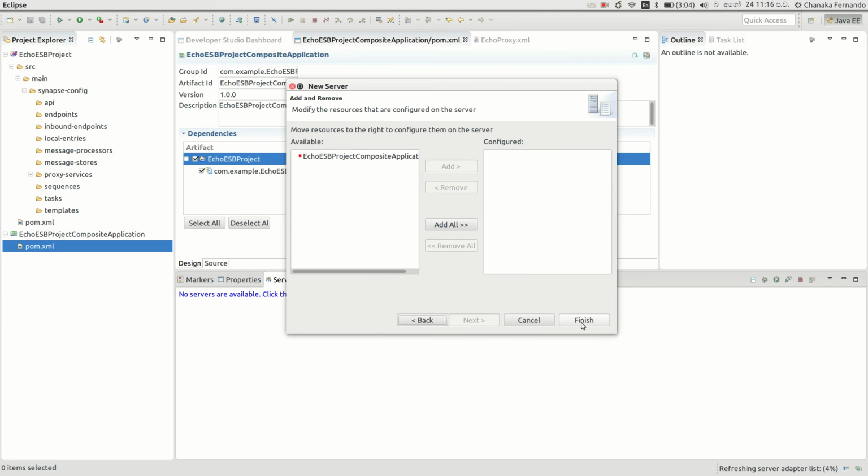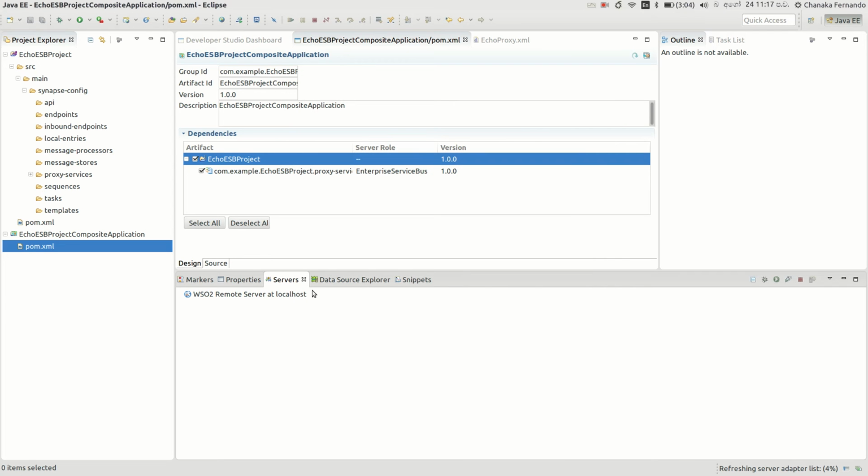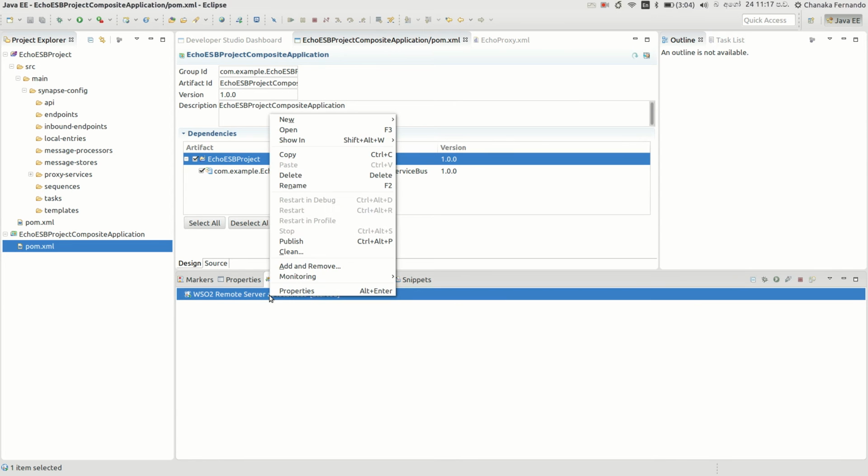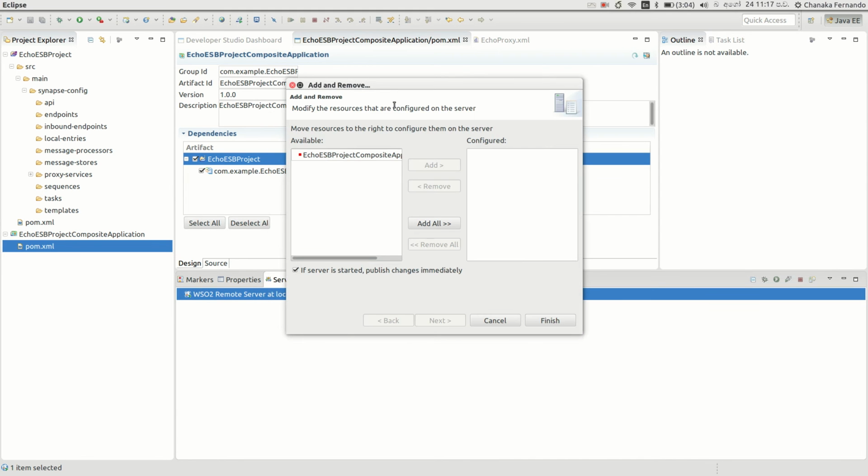Then I'll start the ESP server from the tooling side. What we are doing here is connecting with the running ESP server from the Developer Studio. It is showing as started. Now I am going to deploy my composite application to the ESP server.